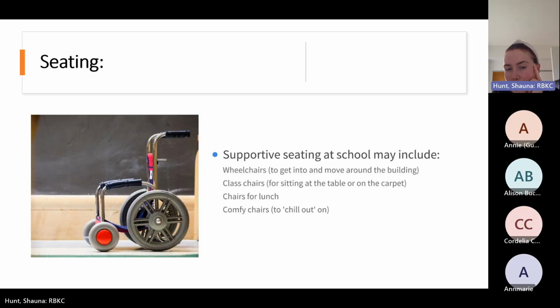Okay, so thinking about seating, some children with physical disabilities are unable to support themselves in a sitting position without external supports. So they're probably going to have difficulties sitting in the standard classroom chair. They might have difficulties due to things like weakness in their trunk muscles, especially for children who have muscle wasting conditions, and that can cause problems with the spine. So they would need a different school chair to give them stability and to maximize the use of their upper limbs and their hands as well.